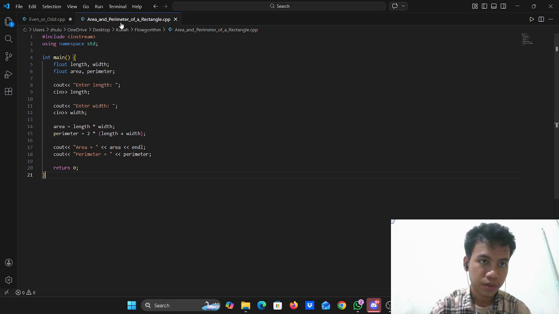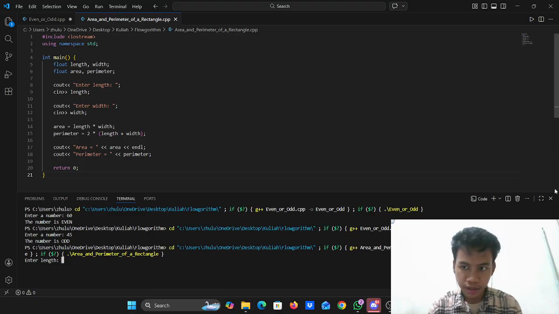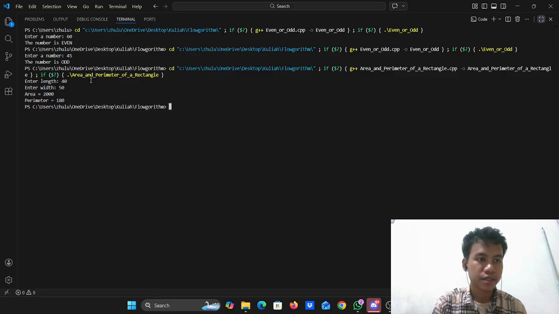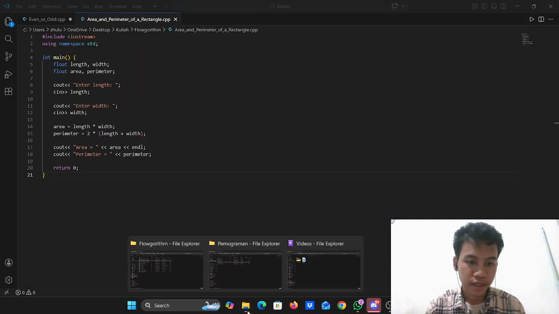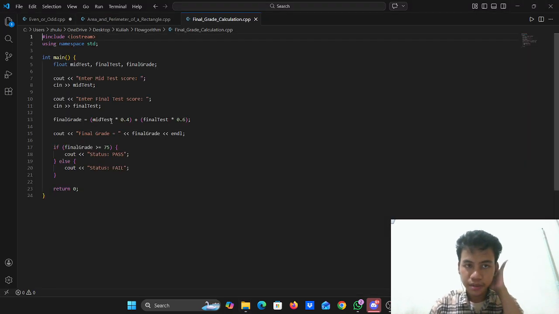So we will try to run it to see if it really works. For example, 40 times 50. The area is 2000 and the perimeter is 180. So it works.